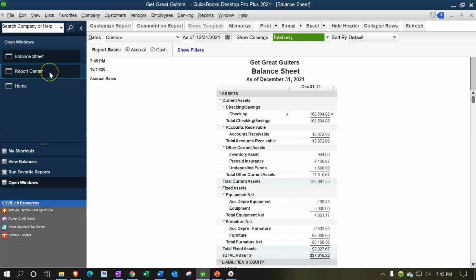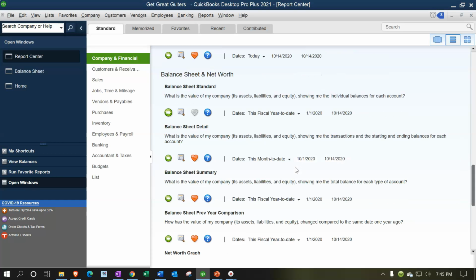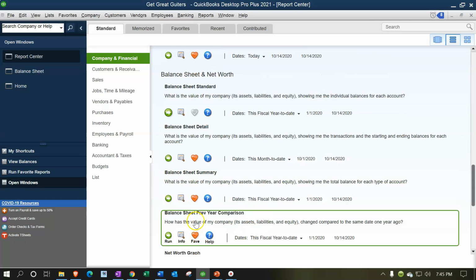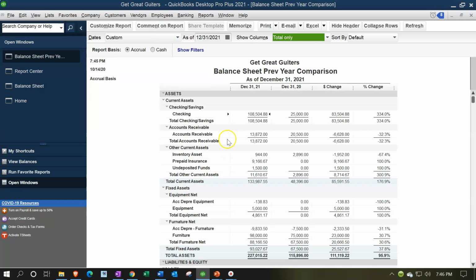I'm also going to go back to the Report Center and open up the comparative. There's a balance sheet previous year comparison. Let's take a look at what that one will look like, and then we'll do something similar, but we won't do a year-over-year comparison. So I'm going to run that report, and then we have our comparison. I'm going to change the date up top to 12/31/20, and now we have our comparative report comparing one year